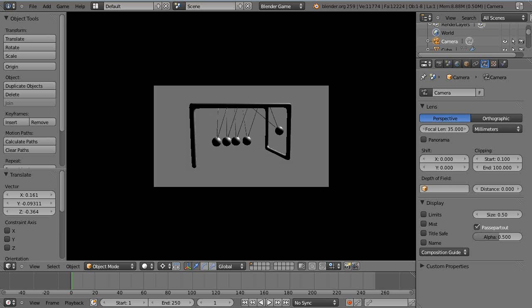So we'll just let this play out to a point we like. You know, it eventually starts to slow down. The energy starts to dissipate, just like a Newton's Cradle. Nice physics going on there. And just remember, if it's not giving you exactly what you want, you want to tweak the position of where the balls are and even the radius under the rigid body physics. And just play with that, tweak it, and reposition how close the balls are to one another, and that'll give you